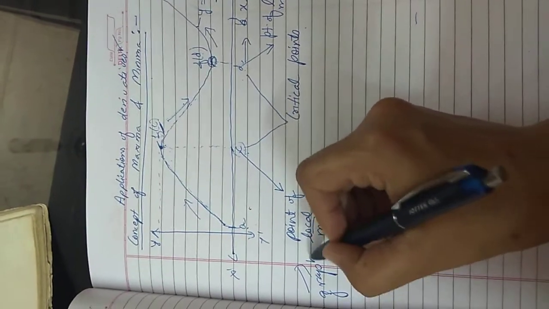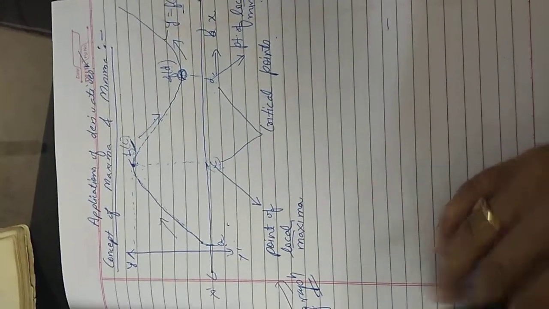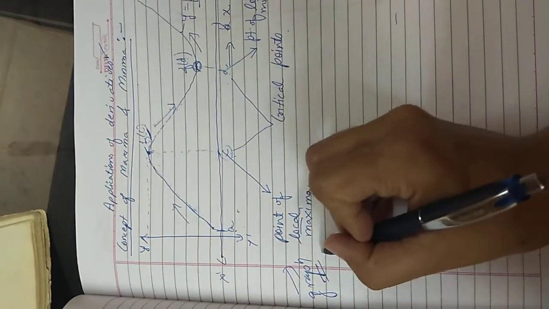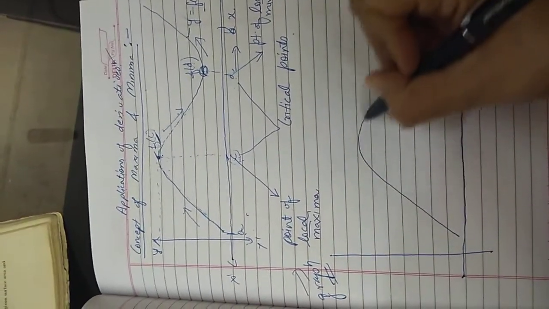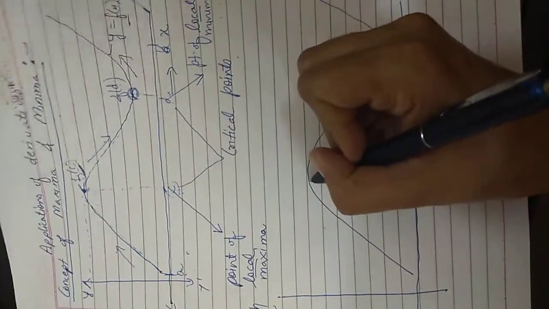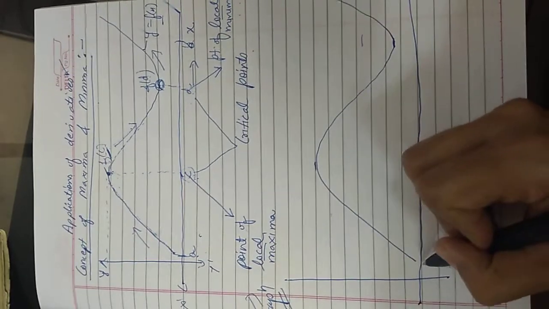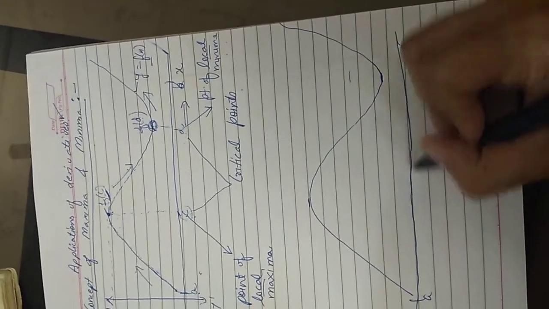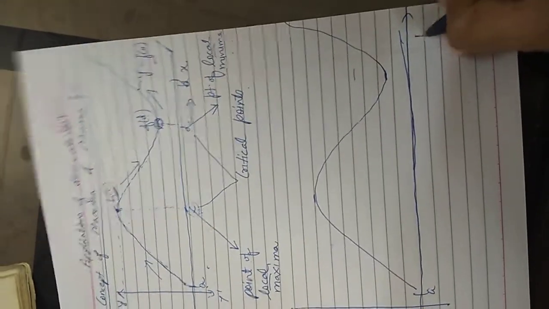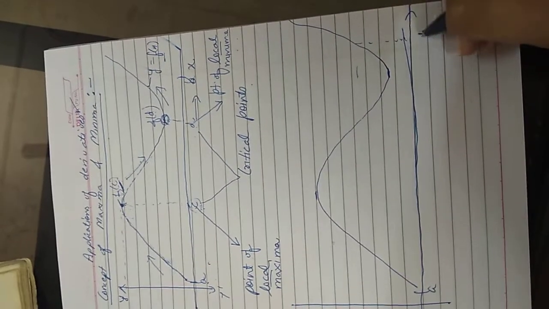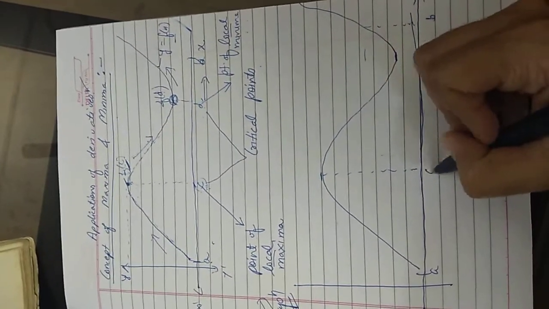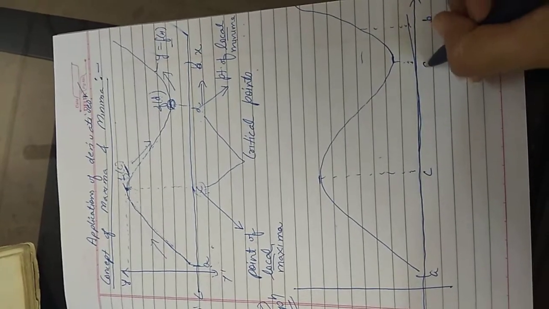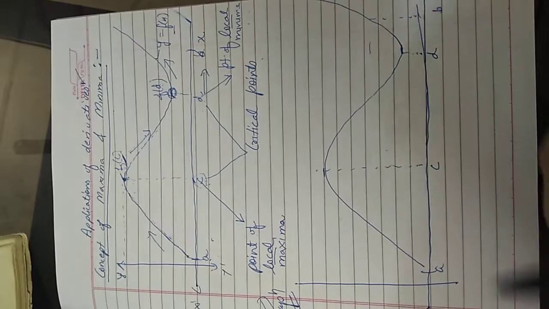But now let us shift to the concept of derivatives. How will the derivatives help here? I am taking the same curve once again. So this is our valley, this is our peak, and correspondingly this is the interval A, and let us say till this point we have taken B, and this is the C value, and this valley point we are taking as D, right? One peak and one valley we have taken.